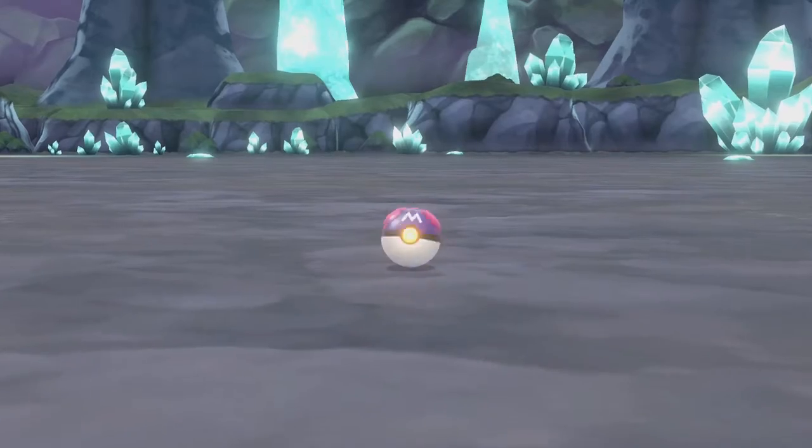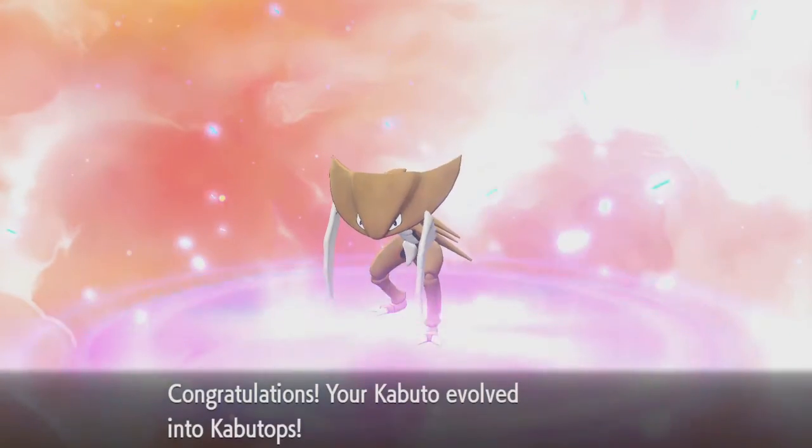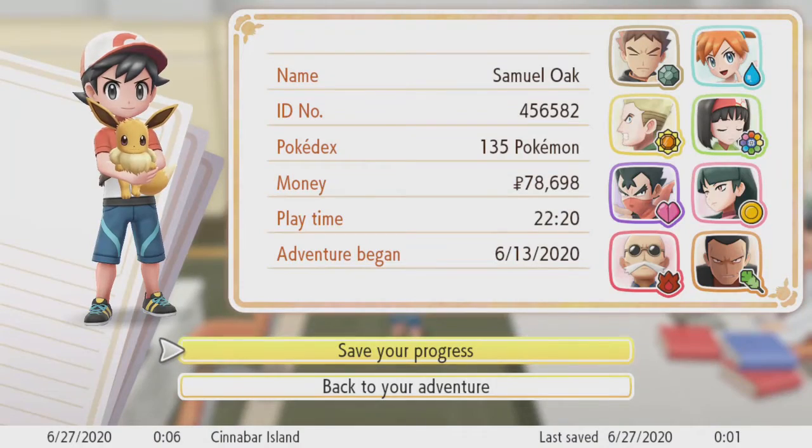And the thing that eluded me for a while was the final fossil, which was Kabuto, and then immediately evolved it into Kabutops. And that was the entire game, and I ended with a time of 22:20, which was amazing to me, and I don't know if I would ever want to do it again, and it was probably one of the easier ones to go and do, but it was a lot of work, a lot of fun, a lot of stress, and yeah,